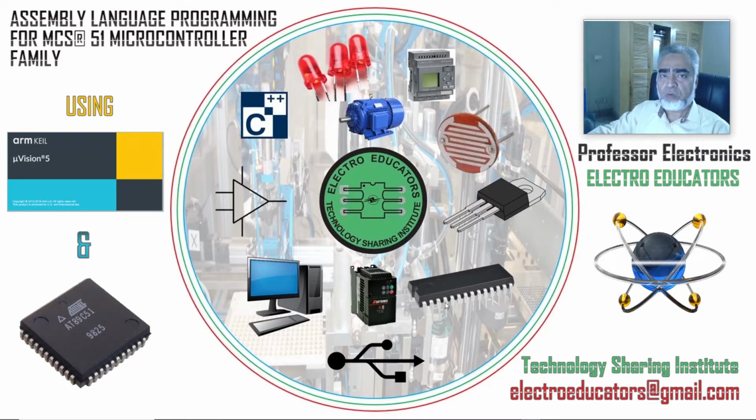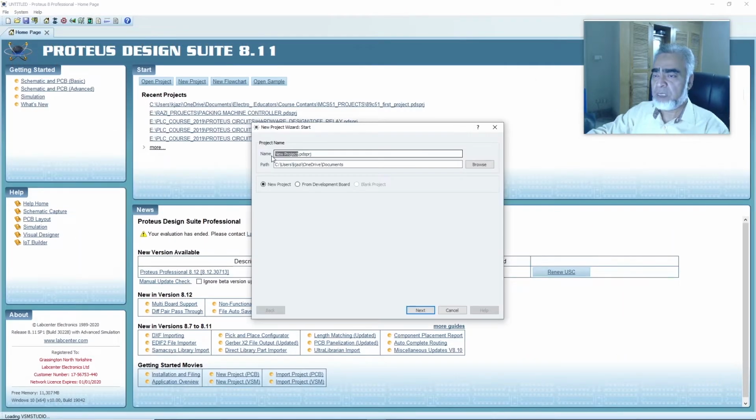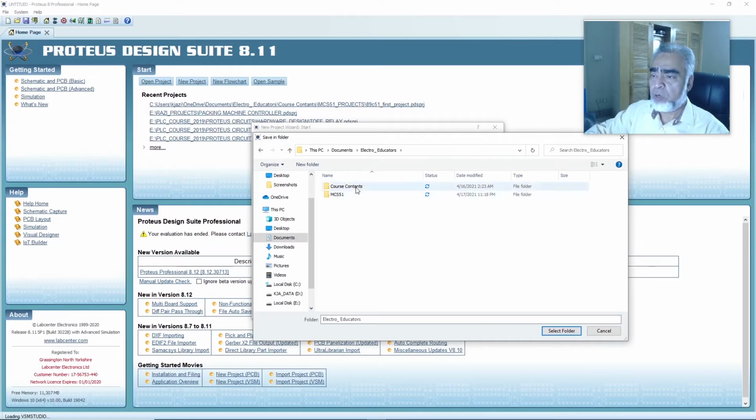For this we'll use the Proteus software, and here in Proteus we'll go for the new project, and here we'll assign the name AT89C51_project2. So here we have assigned the name to our project, and now we'll select the folder to save our project. Browse. We'll go to the course contents, and here we'll select MCS 51 projects. OK, select the folder,